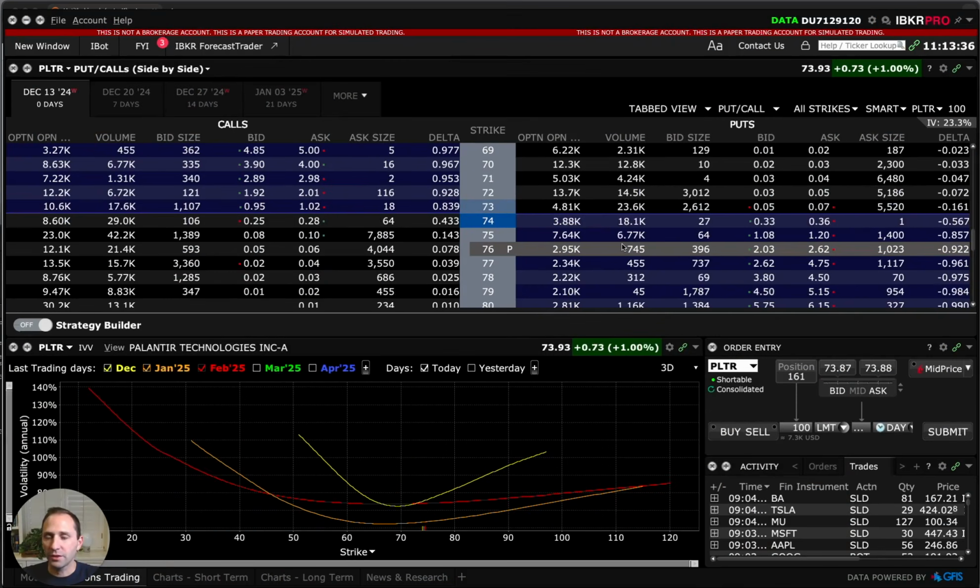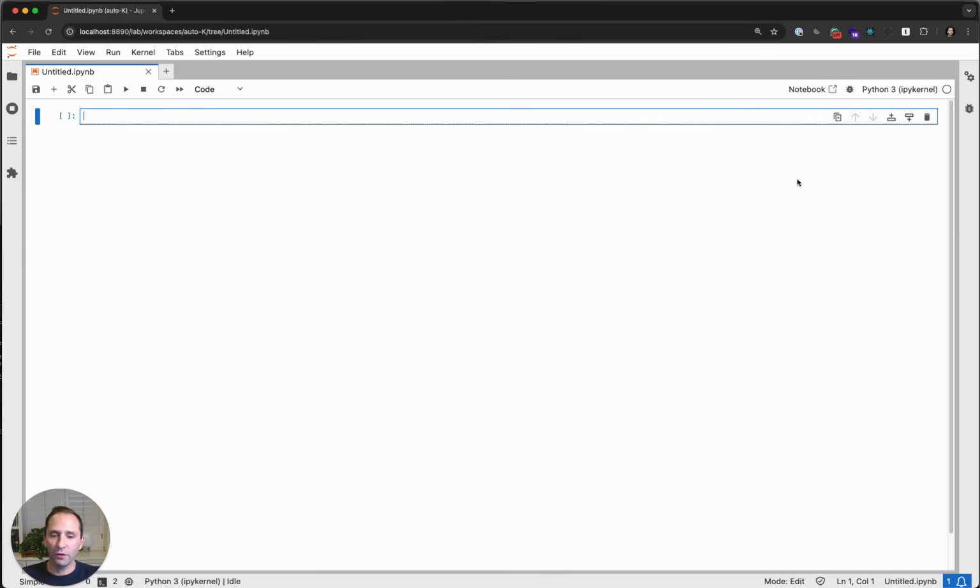All right, so this is my Interactive Brokers Trader Workstation application. Make sure you have yours up and running. You can see here I've got my options chains and my SKUs. This is where I'm spending most of my time these days, trading options on Palantir, but we're going to get into the code. So the first thing we want to do is make sure that we have IBSync installed,